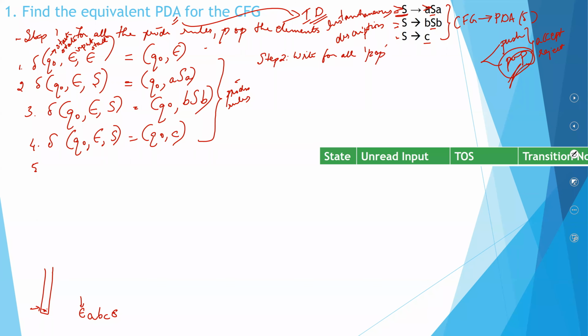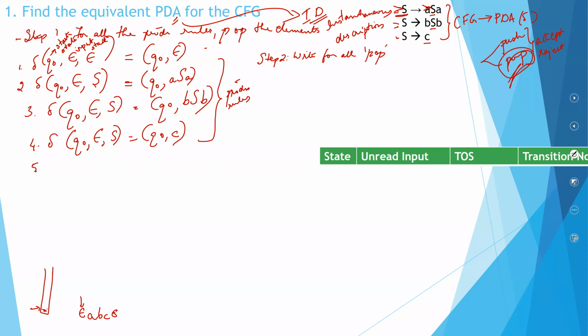Okay, now on my top of the stack, I have S, which means again step number 2 or 3 or 4. I am encountering B, which means only step number 3. Okay, so which state am I back? I am back in my state called Q0. I will have BC, BBA. Instead of S, what will I write? Instead of S, I will write BSB, BA. Okay, this BA, I'm writing it down as it is. S, as they've told, I've replaced it with BSB. I will pop it out. Why am I popping it out? Because I do have a production rule number 6.